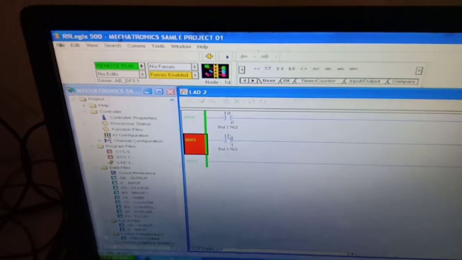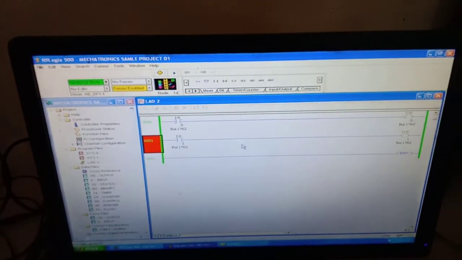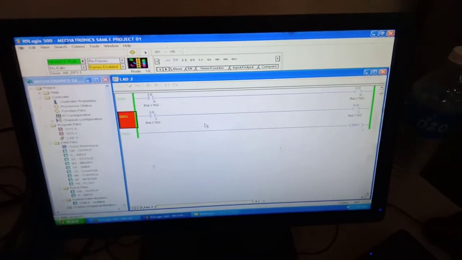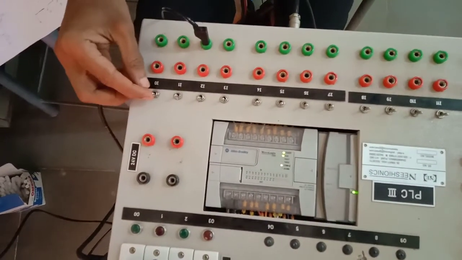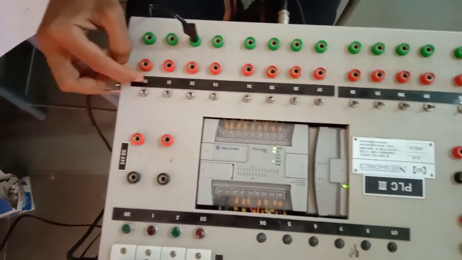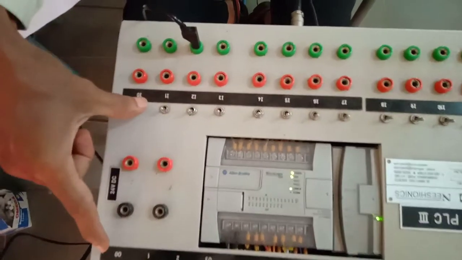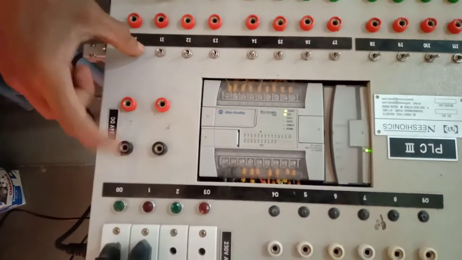Okay, now you can observe the program is running and it is successfully downloaded on the hardware. Right now if I give the input at pin number 0, immediately we should get the output at this 0 pin. Okay, so you can observe.